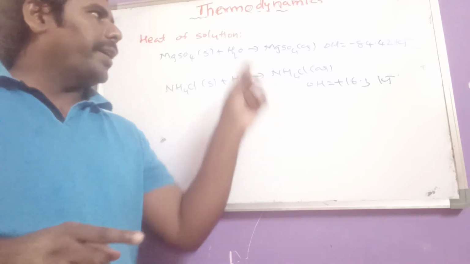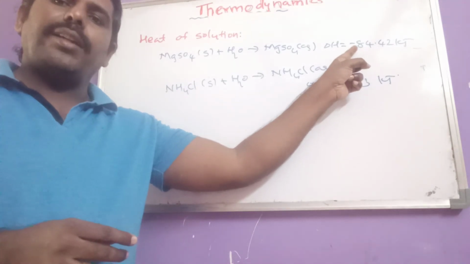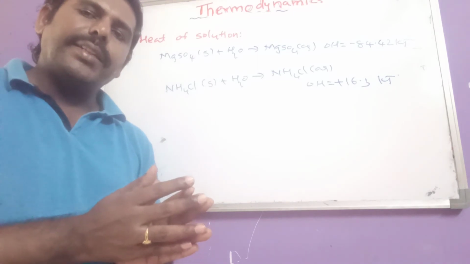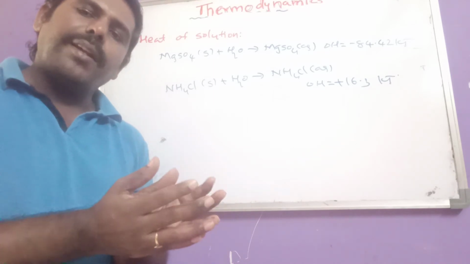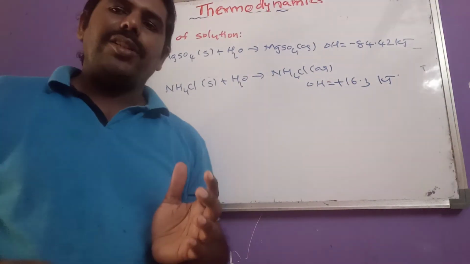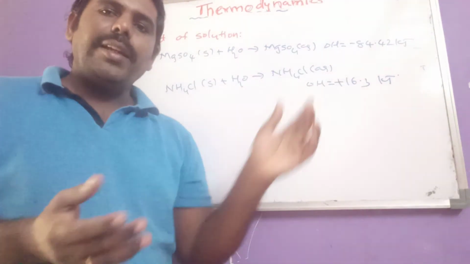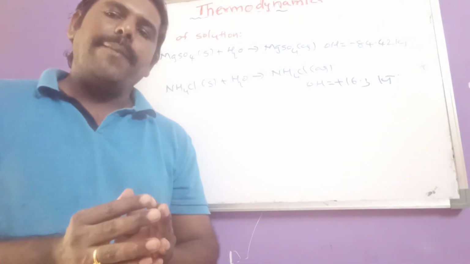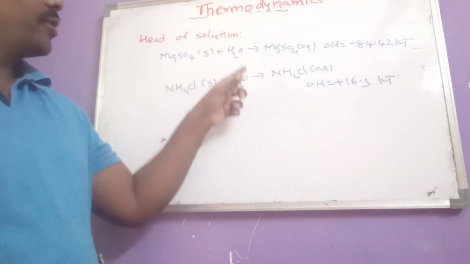So which is correct? The solution becomes hot, because it is an exothermic reaction, delta H negative, exothermic reaction, the heat energy liberated is taken by the solution, that means the solution will become hot. Now if you come to the second equation, as it is an endothermic reaction, for the dissolution of NH4Cl, the heat energy is absorbed from the water. Now what happens here? The solution becomes cool after dissolution of NH4Cl. So these are the questions we get from heat of